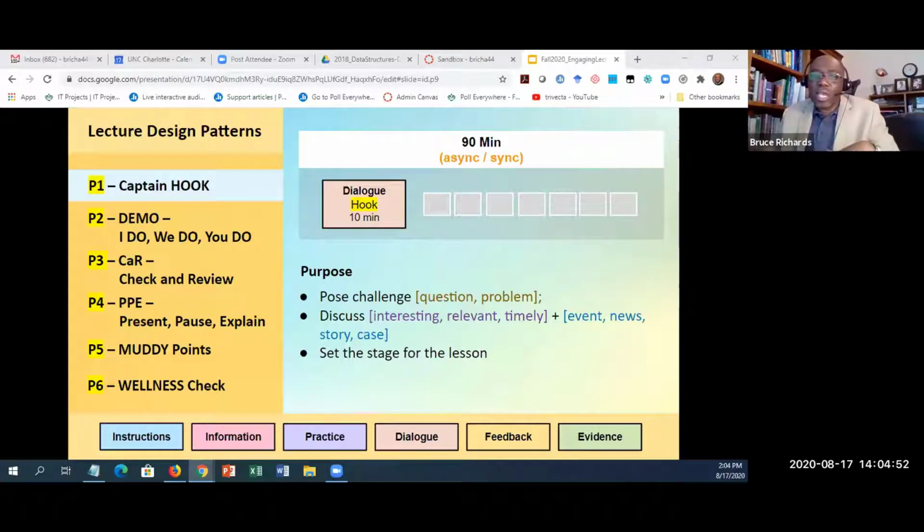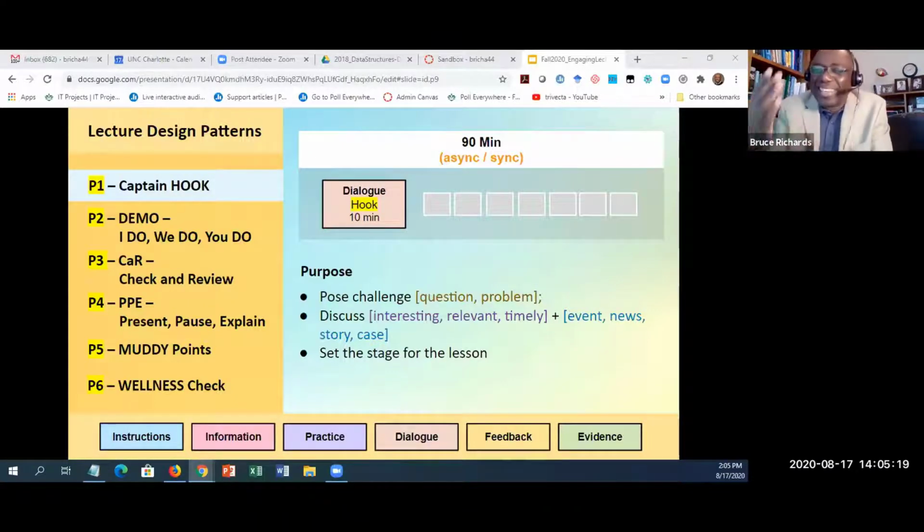You're setting the stage now for the lesson, and you're sending that message, that hook, to students that if you did not do what you were supposed to have done before, there is no way for you to meet this challenge, to meet this problem, and to be able to answer it. It doesn't have to be anything that's bland, such as biology.